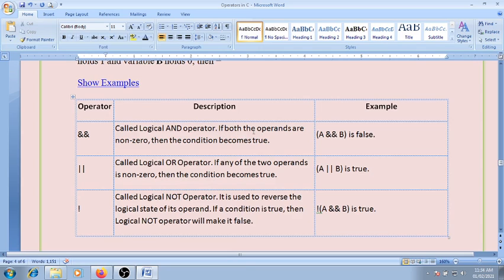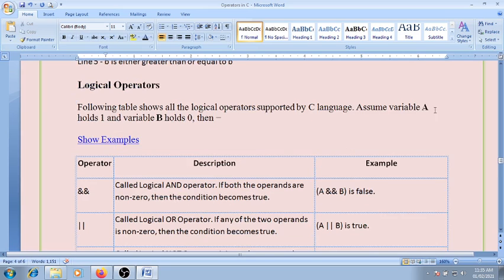So if both operands are non-zero, the condition becomes true. Suppose A and B is false. Why is it false? Because the value of B is 0 and the value of A is 1. So 1 AND 0 is false. It is true when the value of B is 1, then 1 AND 1 is true.